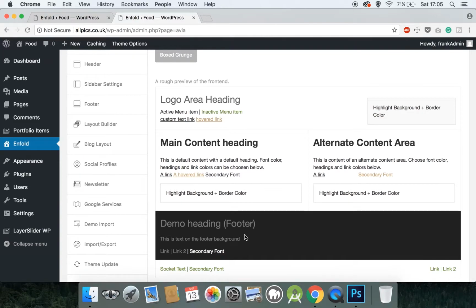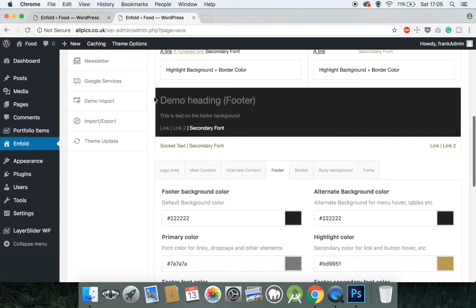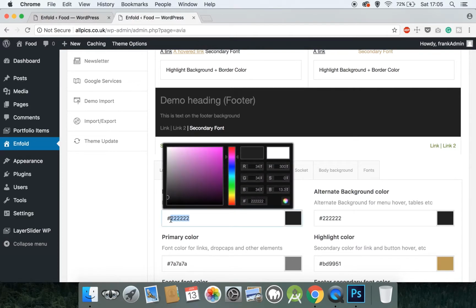And the socket, this is something slightly below the footer. So if we look at our website, actually we won't look at it yet because I'd rather you see the entire thing entirely. So this is the footer section, and below the footer section we have a socket. Right now it's got a white background with the green text, so let's change that. Footer background color,